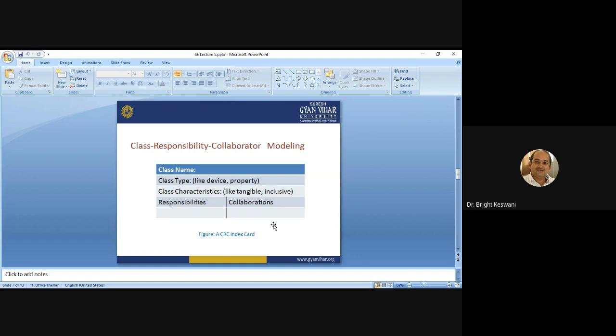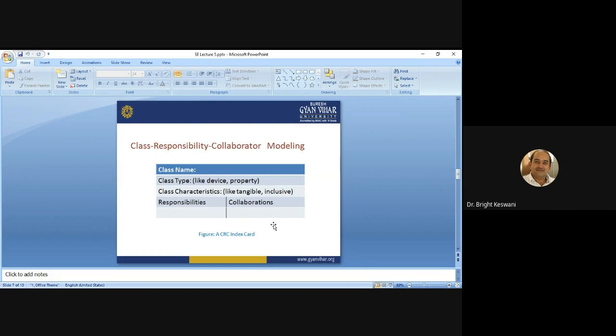Class responsibility collaborator modeling provides a simple way of identification and organization of classes that are relevant to the system or product requirements.